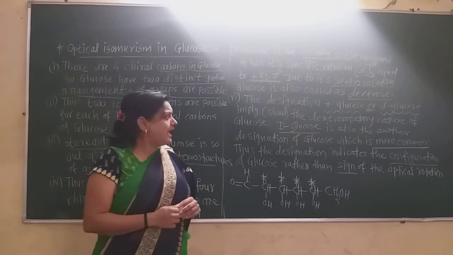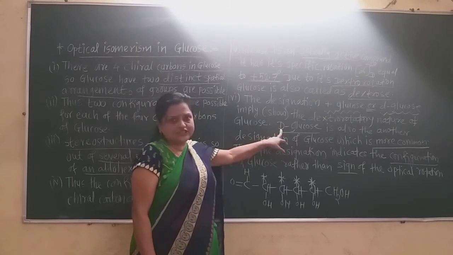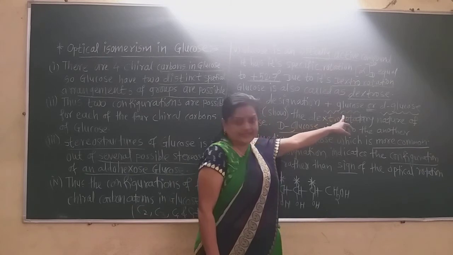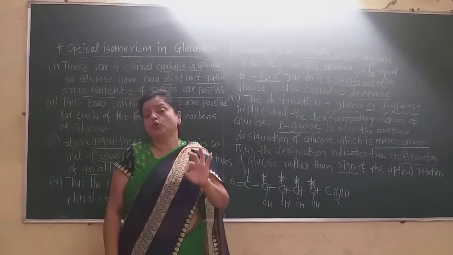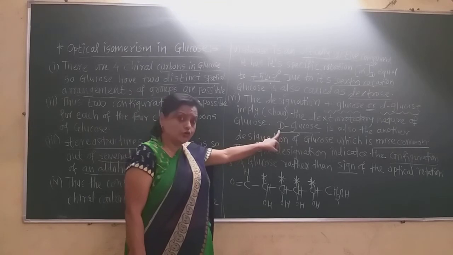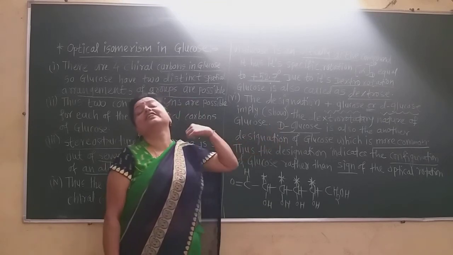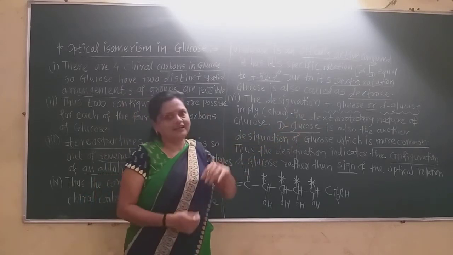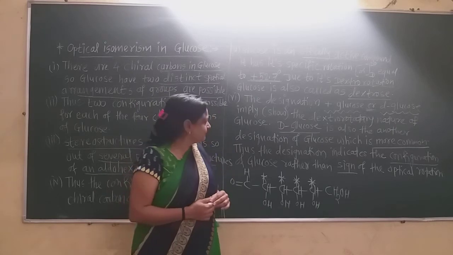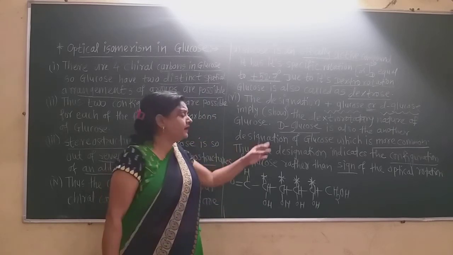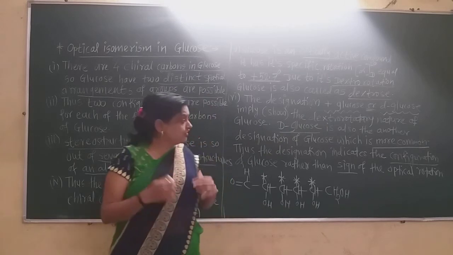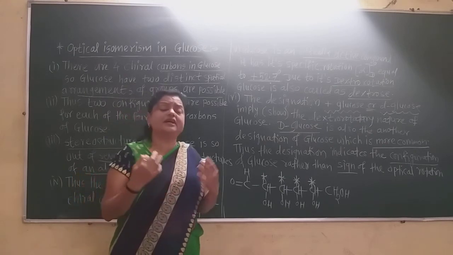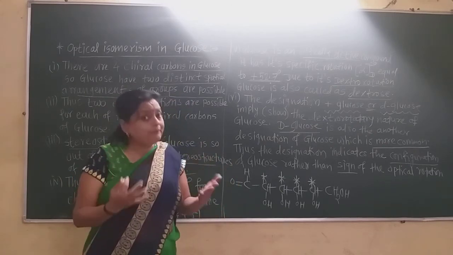Remember that. And another designation is also there. Here the capital D is shown. Here is the small d and plus sign. This shows that glucose is dextrorotatory. This also shows that glucose is dextrorotatory. But this is also another common designation of glucose. We can show any one of these three. And this plus D glucose designation is more common. And thus the designation indicates this plus glucose or d glucose or capital D glucose.